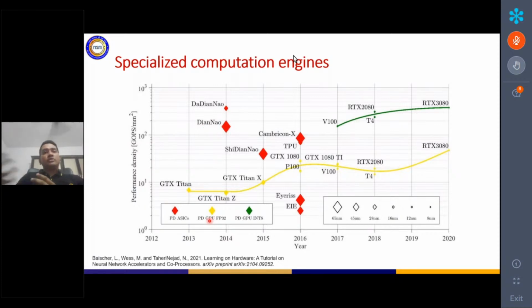GPU is much more generalized in terms of it can both accelerate your AI benchmarks as well as your video processing, graphics processing, and it has almost similar performance density that is being achieved nowadays. And the trend you can see, right? So this yellow line is the trend for your GPU FP32, which is almost generalized GPUs that you can get in the market nowadays,